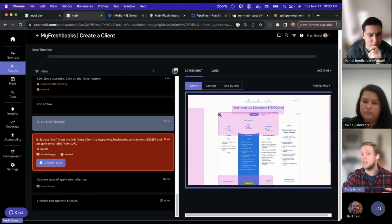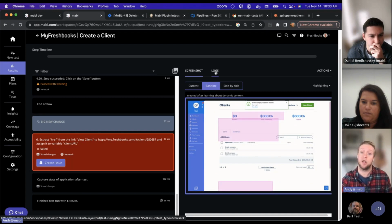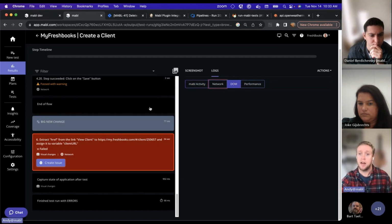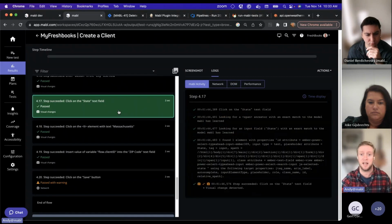And so in this case, you can see we provide all sorts of data like screenshots where we're actually flagging visual changes. We also capture even deeper data in the logs like network activity and DOM snapshots, as well as additional performance metrics. Now, this data can be really helpful when you're trying to triage or troubleshoot a test, where in this instance, maybe I want to trace my application state from the beginning to the end of my test,